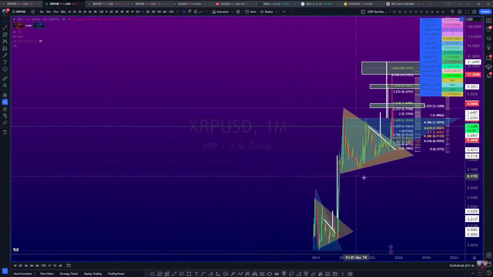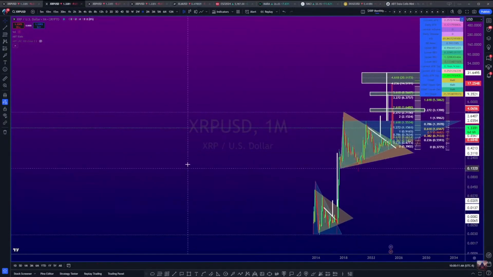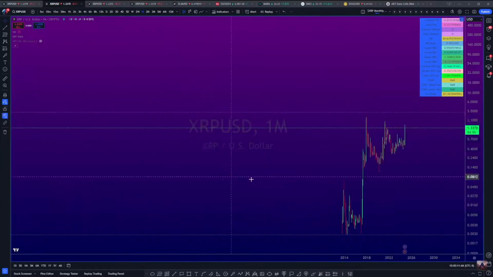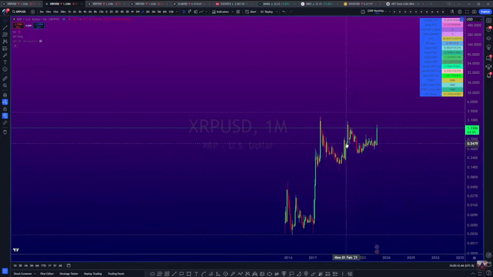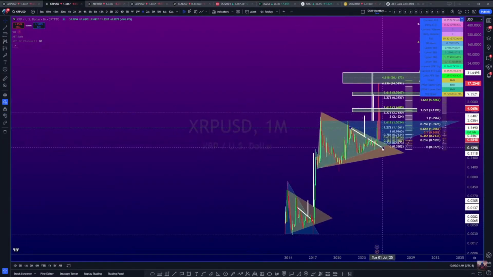Wait a second. We also, if you compress your image here, then there is also a bit of an inverse head and shoulders too. You see it? You guys see that shoulder? Holy crap. Wait a second. So then we have an inverse head and shoulders, and what's the target that it's giving us? If it's giving us that target, hold on. We measure it from here to that bottom side, and we actually applied it to the wrong place. We would have to apply this to the shoulder top and the center. Oh man, hold up.